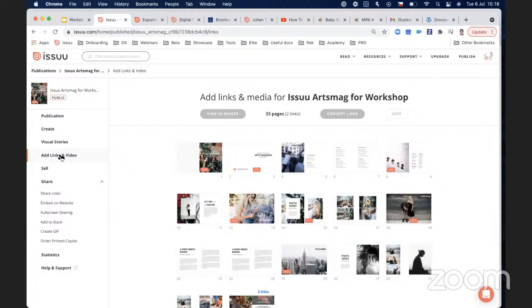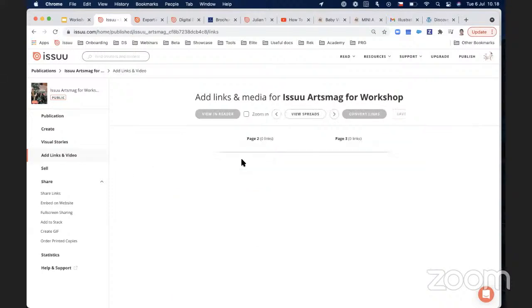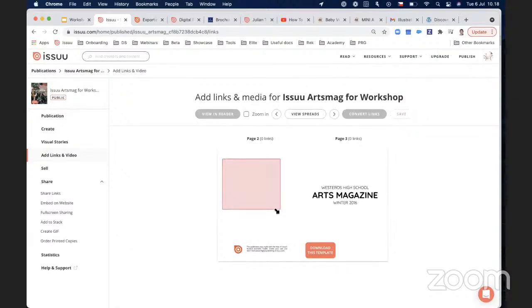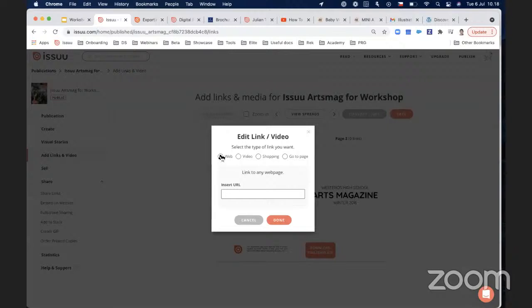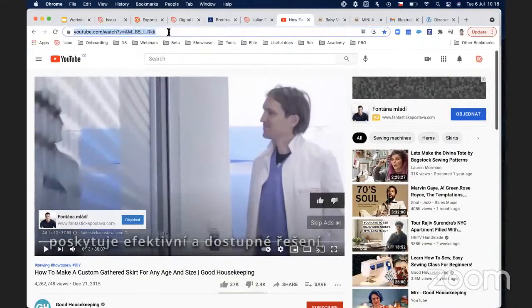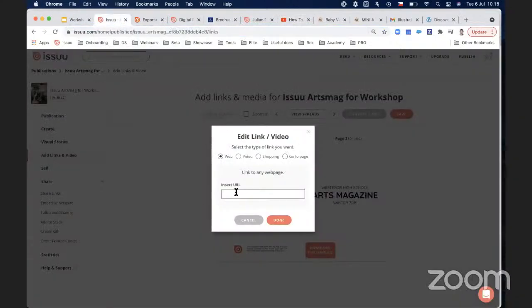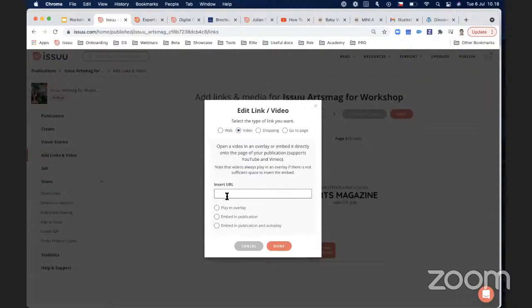And this functionality to add links and videos, that's available on all plans. So in case you do not have any links inside of the publication and you need to add these, go to add links and video, and then select the pages where you want to add the links or the videos. And here's where I want to show you all the links that we have available on Issuu. So one of them is the video. So I will be using this YouTube video. You can either